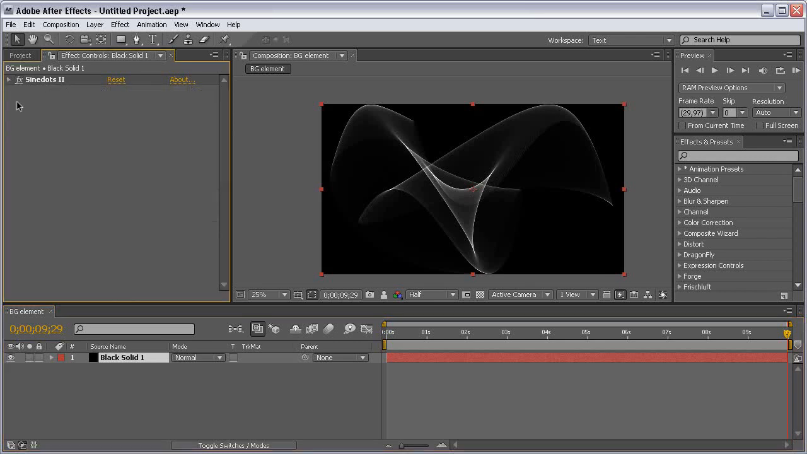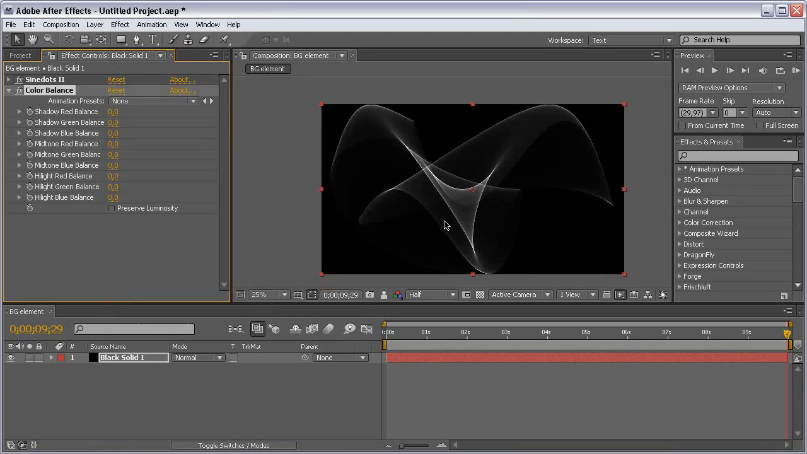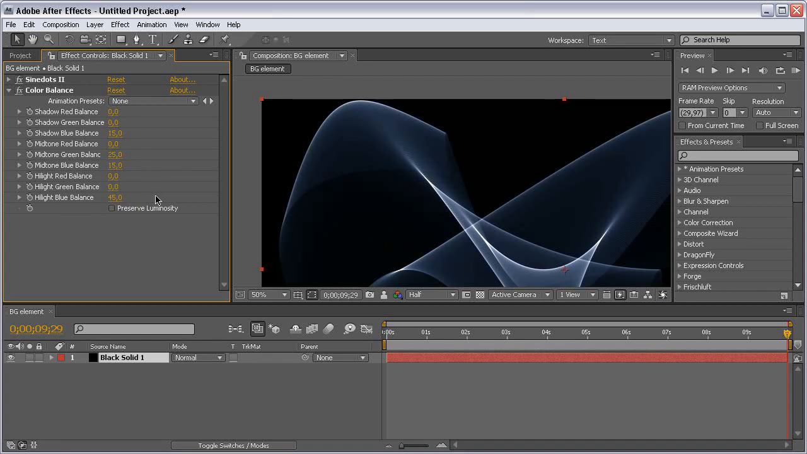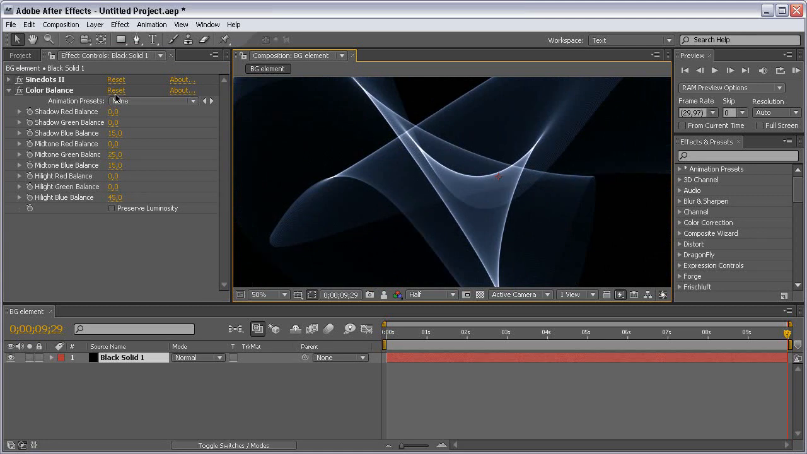Close this and let's colorize first of all our element. Come to effect, color correction, and select color balance, and let's make it blue. Increase the shadow blue balance to 15, set the midtone green balance to 25 and the midtone blue balance to 15 and the highlight blue balance to 45. This way we get a nice colorized element, and I prefer this way because I have more control over the